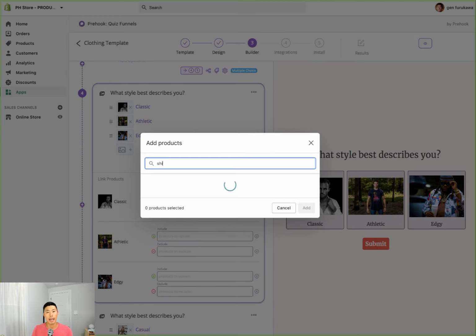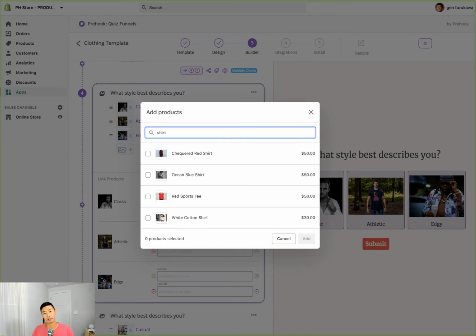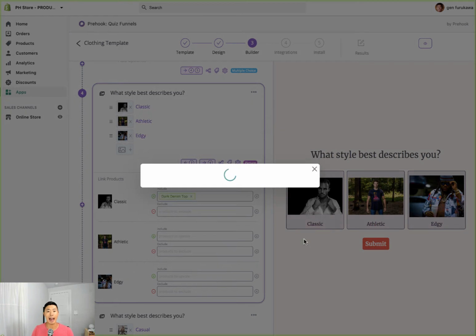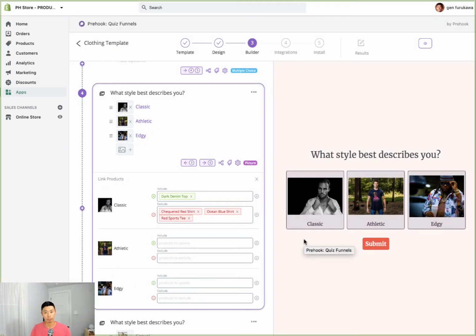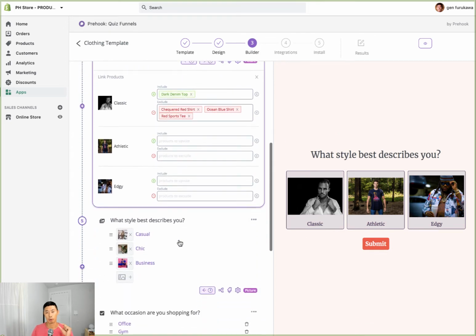So if I wanted to exclude all shirts for this example, I can do that here and just go through, click, and then add these as excludes. You want to go through, think about which products make most sense to include and exclude as you go through, and you're thinking about the recommendations in terms of what the customer or the shopper is responding to in the